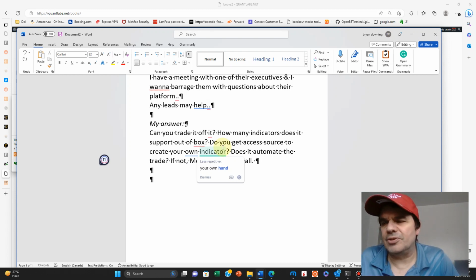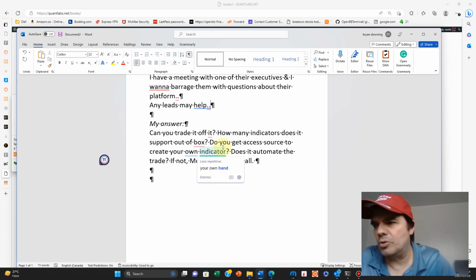All right, do you get access to source code to create your own indicator? So one of the big things in MotiveWave is you get source code for the indicators or studies they call them, over 300 of them. So if you're able to get access to source code to that number of indicators and you're new to the whole thing, you want to learn how a really top-notch platform works for indicators or studies, MotiveWave is a great place to learn, not just on studies and indicators themselves, which ones work, which ones don't. You can narrow it right down the source code and know how to reverse engineer them to develop them for your own needs. That alone itself is well worth the value.